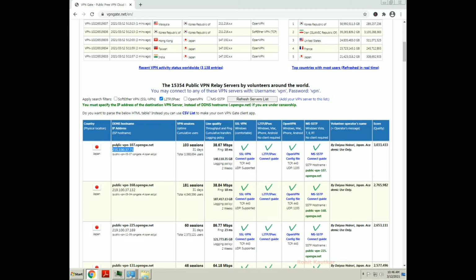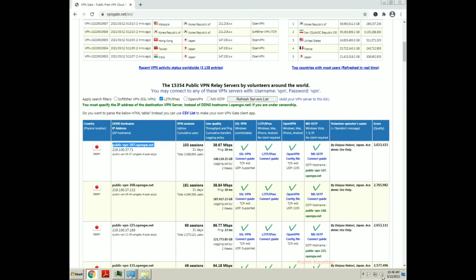In some countries we need to provide the IP address while establishing the connection. So if you find any error, just try to provide the IP address of the server and try to establish the connection. I will copy this first server name.